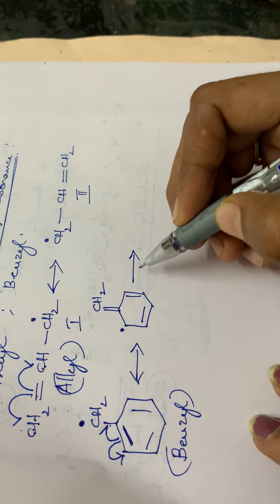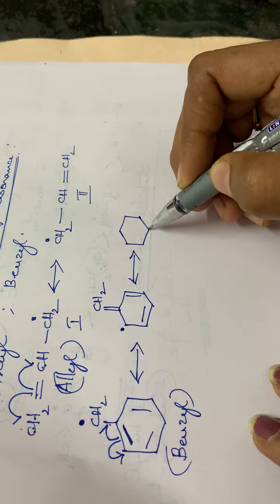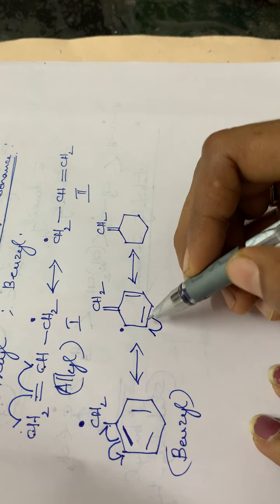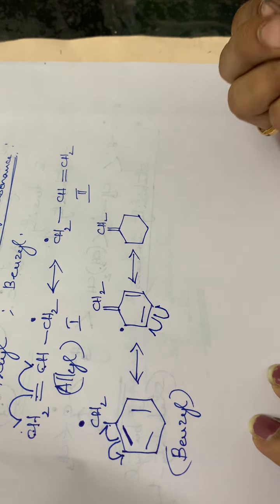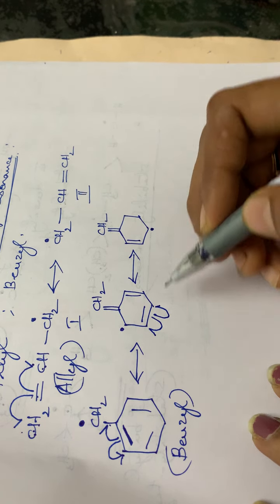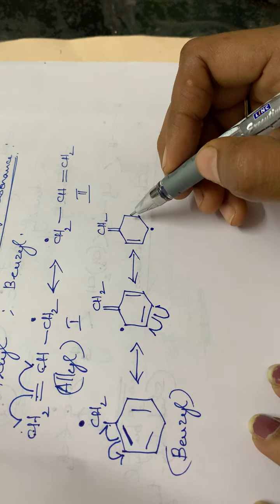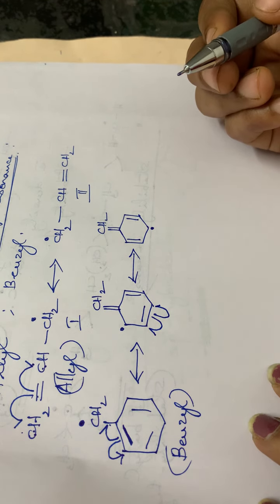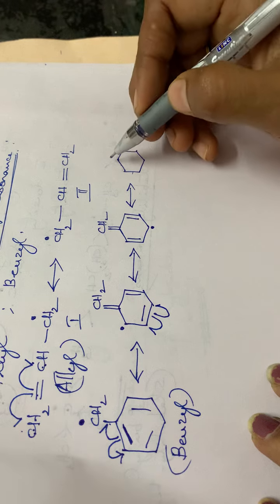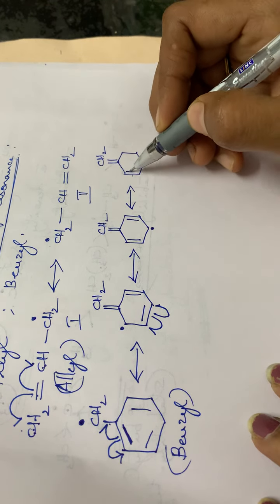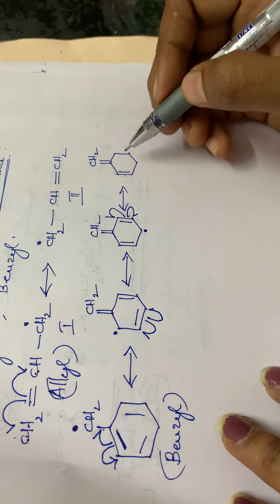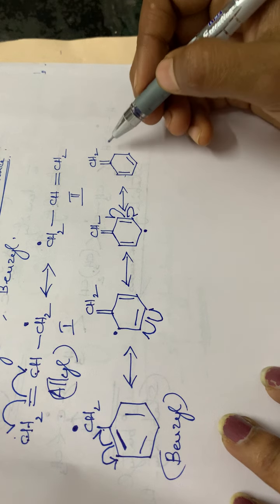Okay, then the next one, double bond CH2, then this particular bond breaks and one electron will be moving to this position and the second one will be moving to this position. So here it becomes a double bond at this position, and here an odd electron at this carbon atom, then already a double bond is present at this position. Okay, then the next one, double bond CH2, here already double bond, and this bond breaks, one electron to this position and another one to this position. So here it becomes a double bond and one electron here.